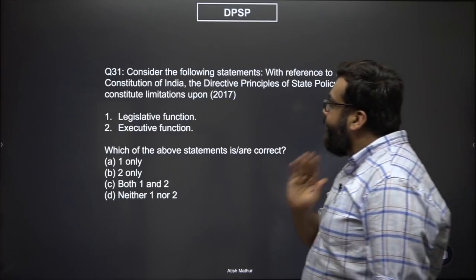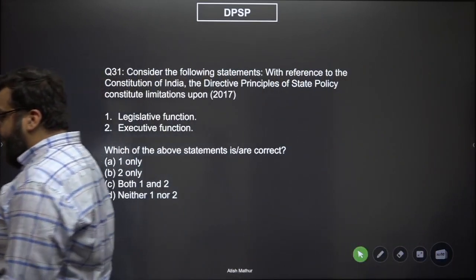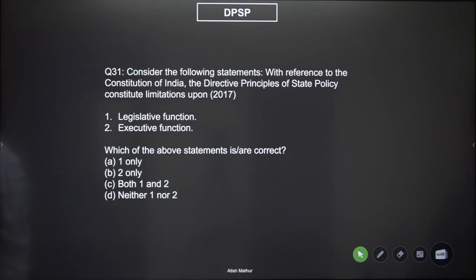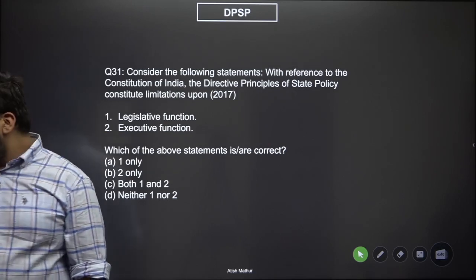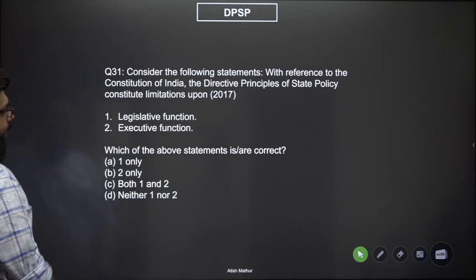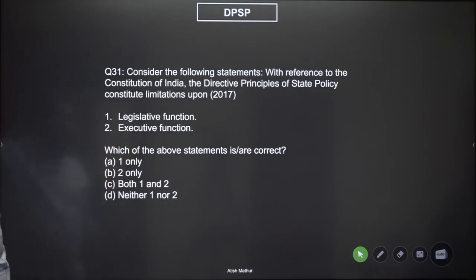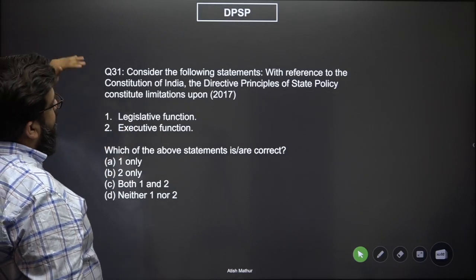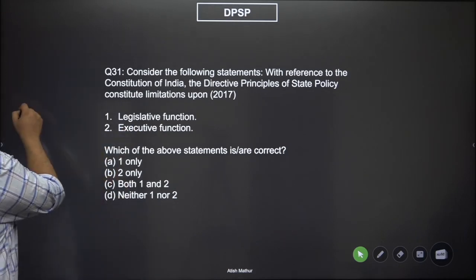Now 31. Consider the following statements. With reference to the Constitution of India, the directive principles of state policy constitute limitations upon, which means 1, legislative function, and 2, executive function. What is this question trying to say? That directive principles